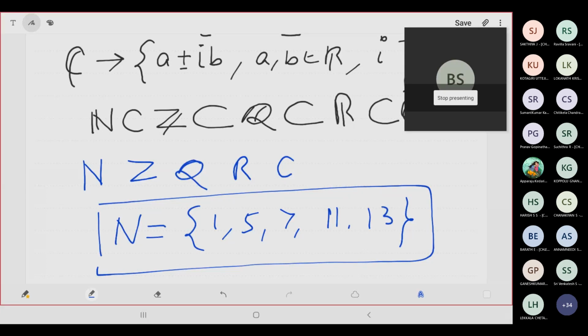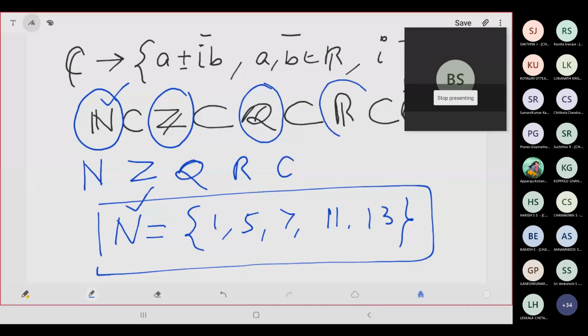But the notation N represents the set of natural numbers 1, 2, 3, 4, 5, 6, 7, 8 and so on. So this is the notation for N. You can use a notation for any symbol, any set, but specifically you can denote it with the symbol capital N. So you can easily understand this symbol represents the set of natural numbers, and the other symbols represent the set of integers, the set of rationals, and the set of reals. So that's the basic meaning of that.